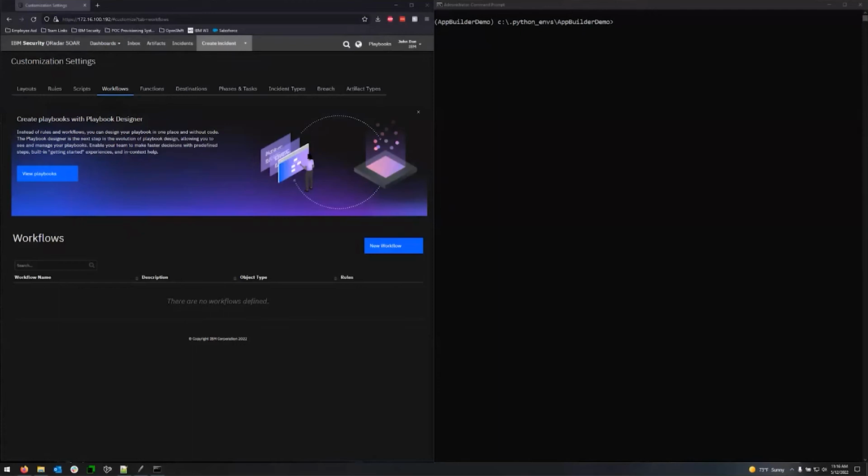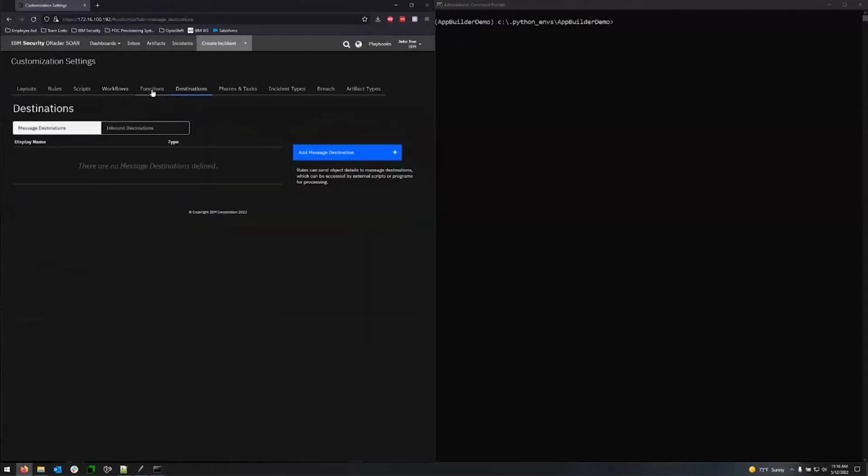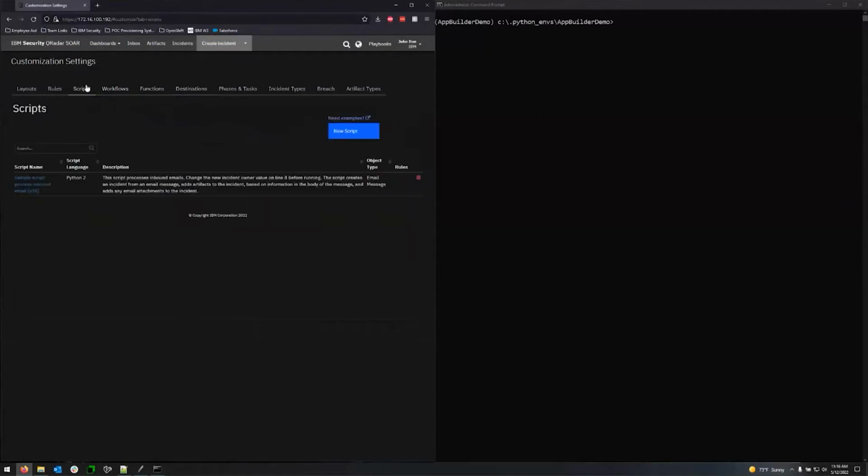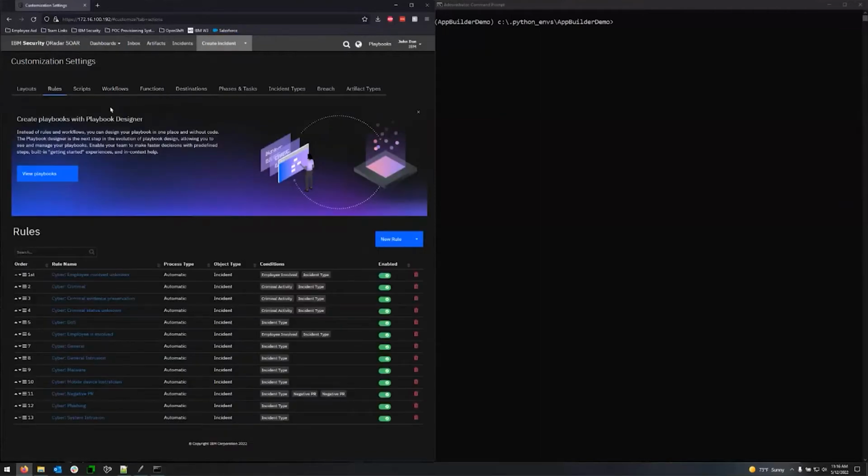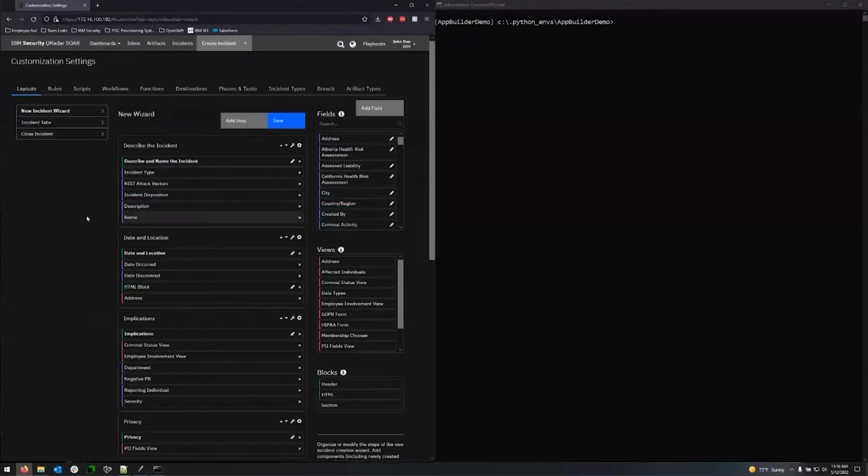So yeah, at this point, we touched on the actual front end, building out your playbook within the customization settings here, including the destinations, the functions, the workflows, any scripts you want to add, any rules you want to create, as well as any fields or data tables or anything like that that you want to add. So from there, we dove into actually building a Python environment so that we can connect to